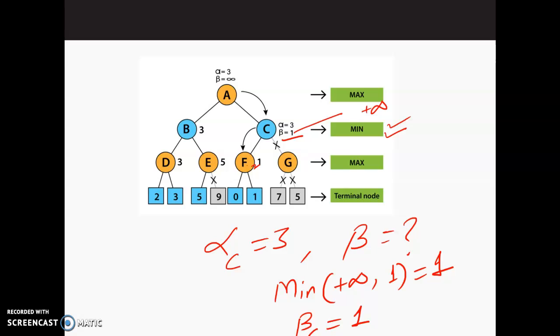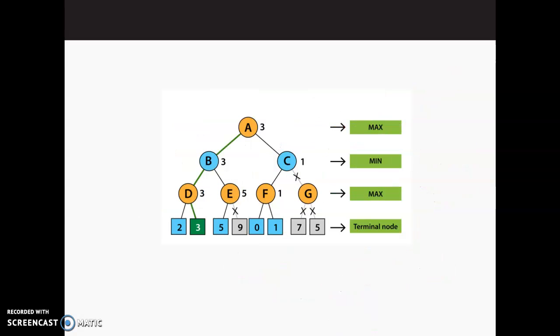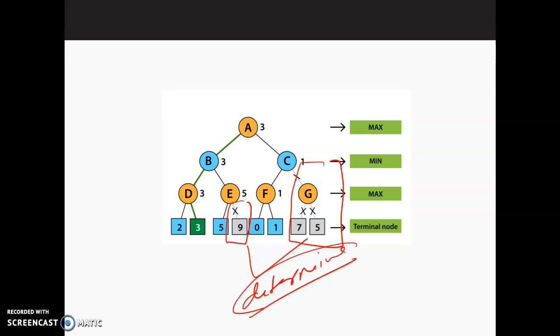Now what does this mean? Here you can see alpha value at node C is 3 and beta value at node is 1. It means that alpha is greater than beta, so prune it. So we will not select all this right subtree, we will completely prune it. So this is how it will work. We have pruned this part and we have pruned this part. So we are not going to determine the value at this vertex, this vertex, this vertex, and this vertex. So by this way